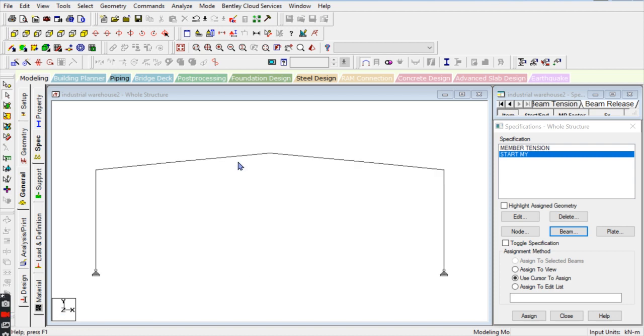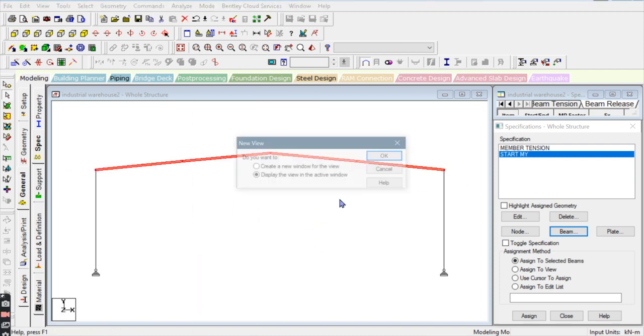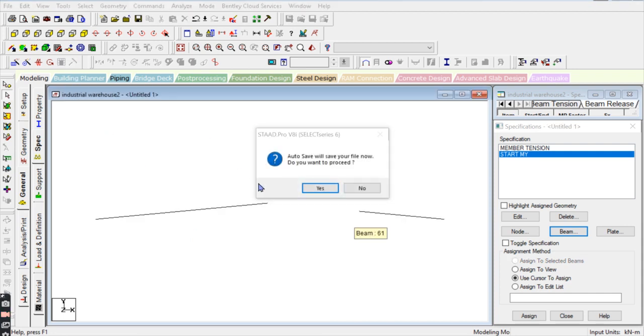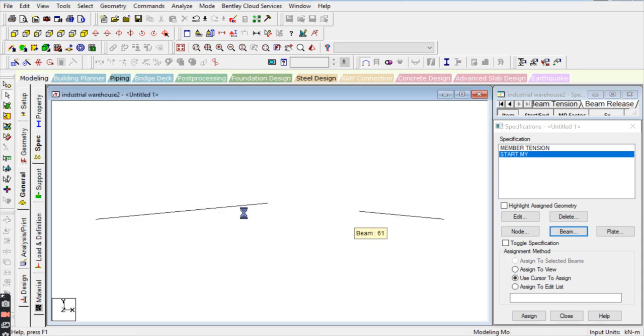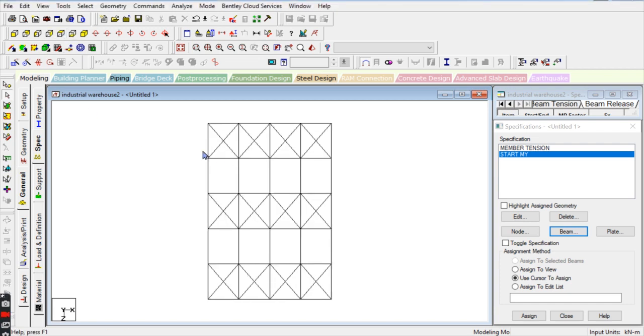Go to the front view first and select all the uppermost part and go to the new view. After that you can select easily. So in this you can select all the purlins properly, right, like this.